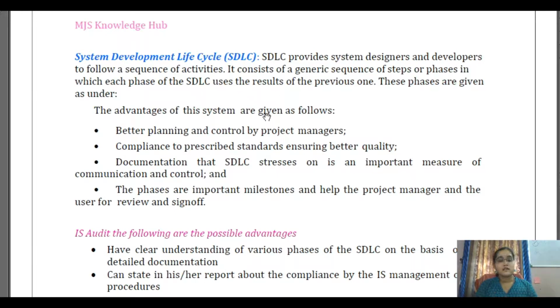Then what are the advantages of having the system development life cycle? The advantage is that we can have better planning and control on the project. So the project manager can have a better grip on what's happening in the project. Then we can ensure that we are complying with the prescribed standards so that we can get a good quality system. And each phase focuses on an important milestone, and the project manager, the user and the developer also get an idea that this phase has been completed and it can be reviewed and signed off for going into further